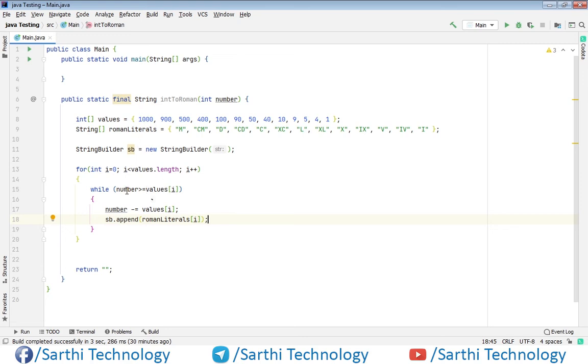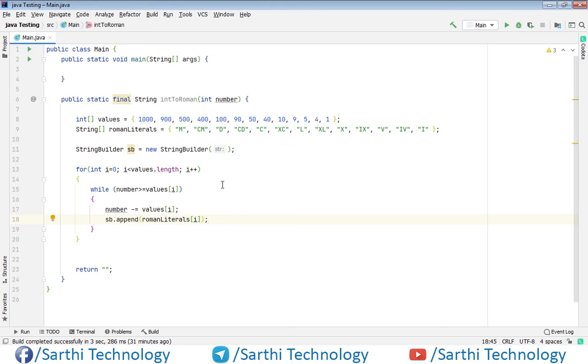The answer is no, so we will not enter the body of this while loop, and the for loop will run once again, and at this time values i is 900 and this is also greater than 3. So again we will not enter the while loop. It will check and check and check, and we will reach here.